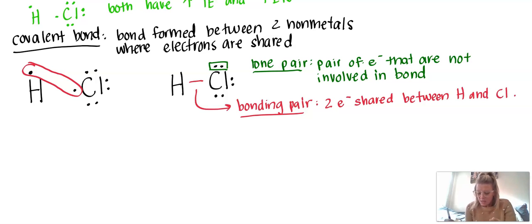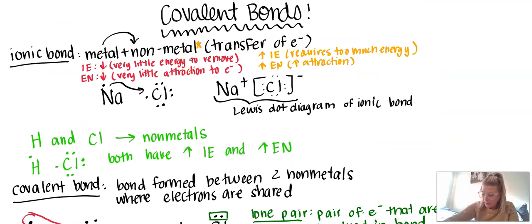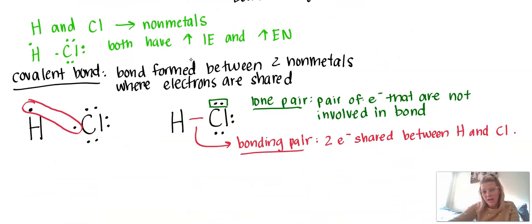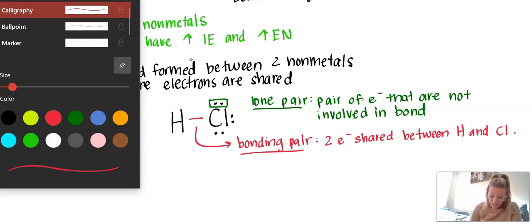Now, anytime I draw a Lewis structure, and this is now called a Lewis structure, just like we had seen for our ionic bond up here, and they're very different, anytime I look at it, I have to go back and check at the end: is every atom satisfied? And the way that we do that is we think of how many electrons each of those atoms wants. So hydrogen,